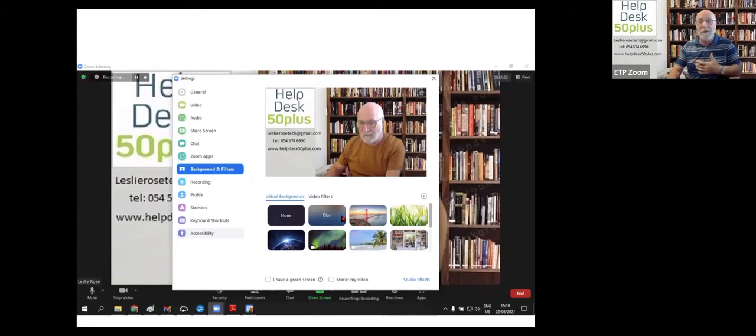That's self-explanatory, isn't it, really? But you're in sharp focus, so it brings attention to you, and all your Cézanne pictures and your Rembrandts and things will not be on show to anybody who's looking at you on Zoom, and it just blurs it out. I would ask that if you have the option of using virtual backgrounds, that you don't use these